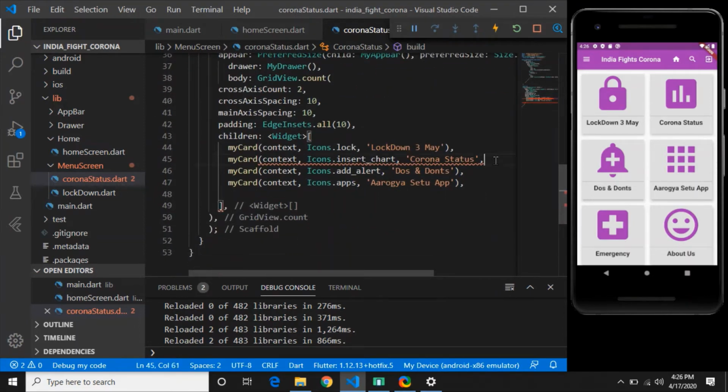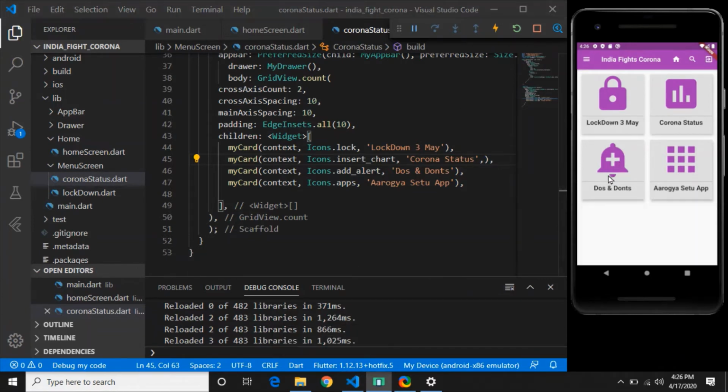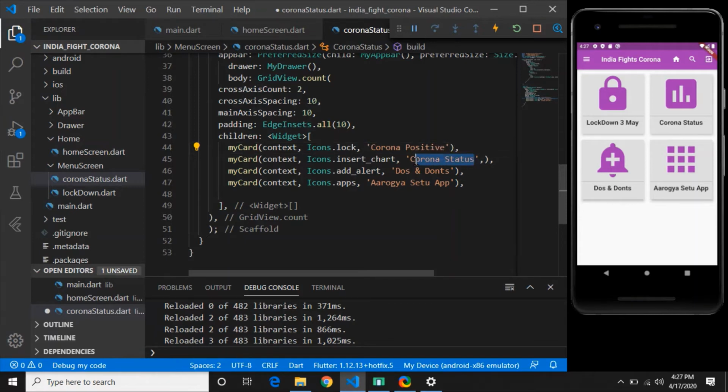Now if you see the corona status screen, it will be exactly the same as the front screen. So what I am going to do is remove these icons. I am not interested in icons, right? But I will change the names. My first name will be Corona positive, then Corona cured, discharge.